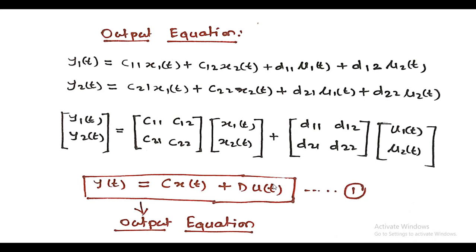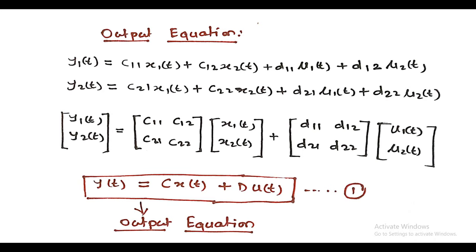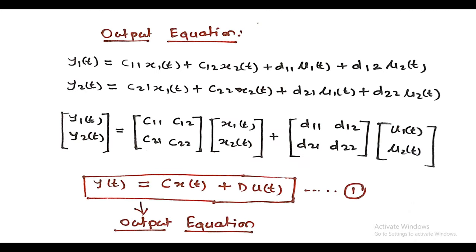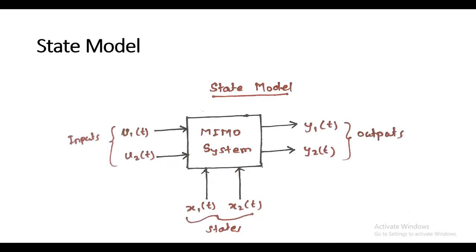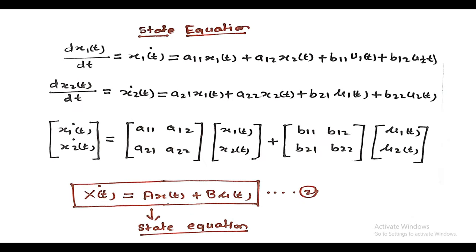Okay, so this is the basics about this state space analysis. Now it has not completed yet. The one more thing that we have to calculate is the state equation. We have calculated the output equation, now we have to calculate the state equation. That is very important. Let us see how the state equation can be obtained. So the state model is nothing but the calculation of two equations. One is the output equation and another is the state equation. Let us see how the state equation is calculated.